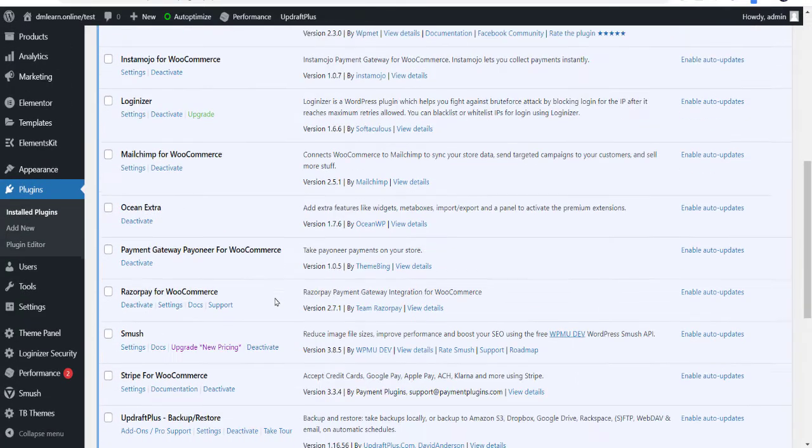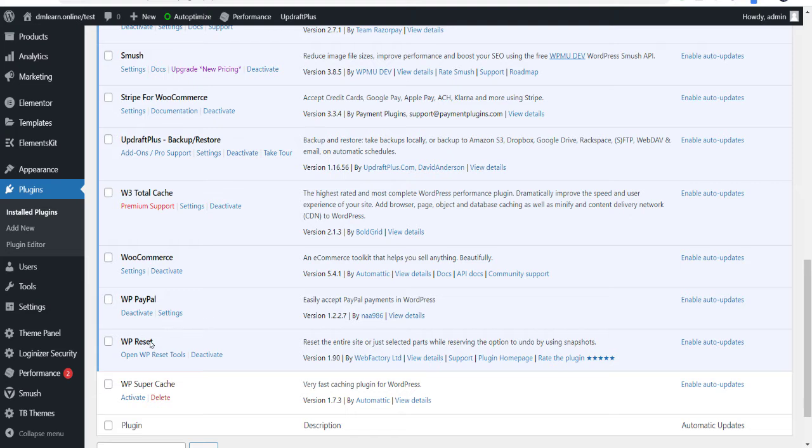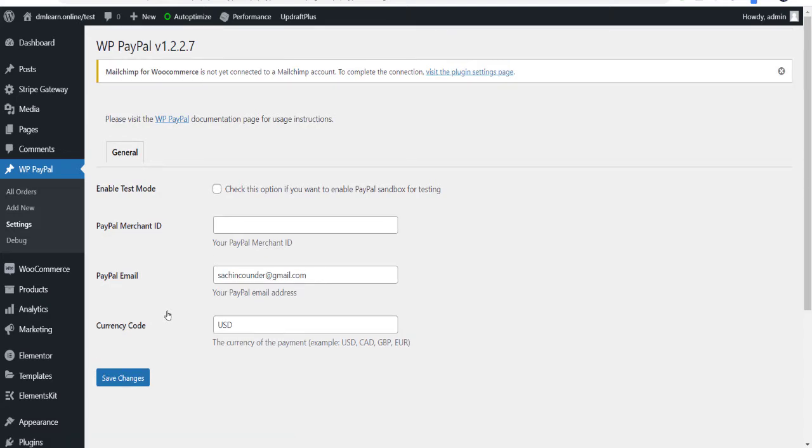First of all, I am going to PayPal. So where is PayPal? This one. In PayPal, go to settings, and it asks you for your merchant ID. One thing you need to know: PayPal has their own option. They ask you for a pop-up and to log in with your ID. Once you log in, they ask for authentication.